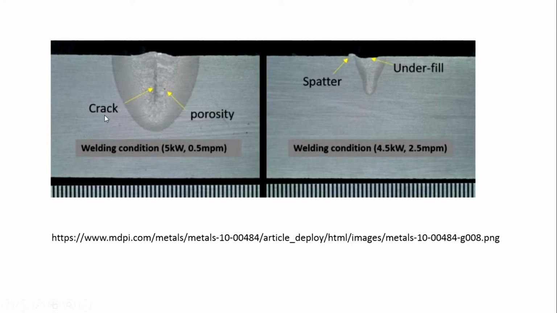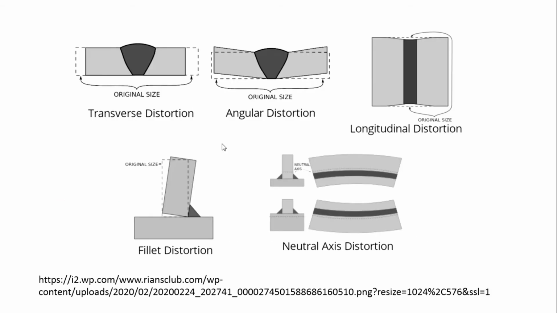So you may ask one question: sir, how do I reveal this cross section after the welding process? Yes, for you guys I already made a small video clip on material processing for welding, metallography sample extraction and processing. You may go to the research playlist, search for it, and you will get it.